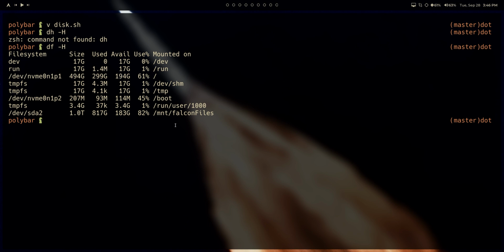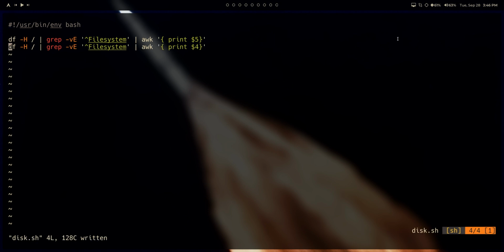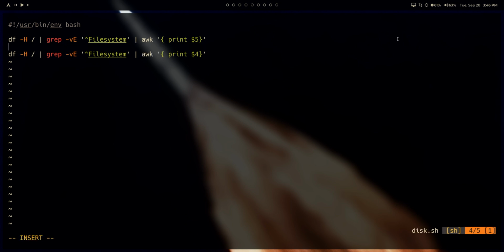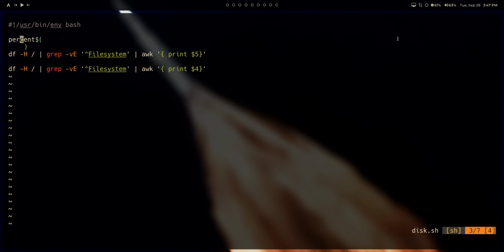So what we should be able to do in theory is just come right back in there, and instead of printing the 5th field here, for the 2nd bit, we could print the 4th field here. That'll do what we want, but it won't run the same thing twice in a command. What we need to do is drop these into variables. So what I'll do is I'll make a little bit of space here, and in Bash, it's really easy to create a variable. I'll create one called percent, which you just do by typing a word, adding a $ sign, surrounding it in parentheses. Go ahead and tab that over, put that one in,